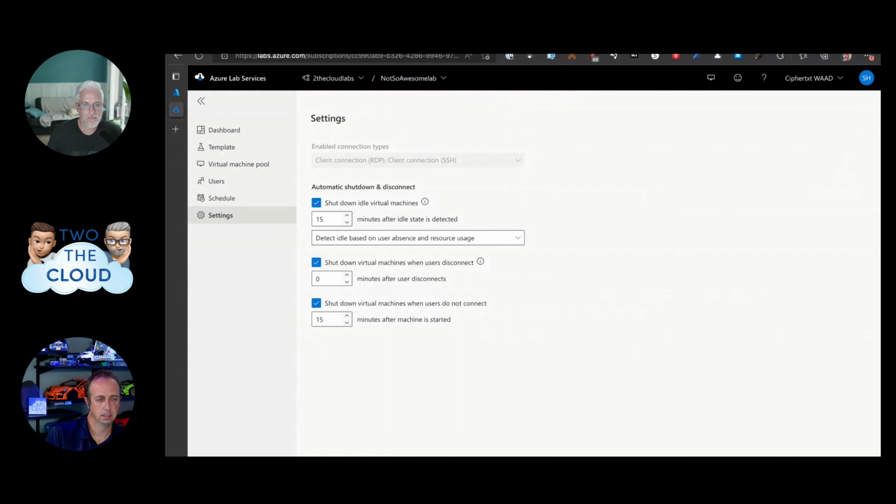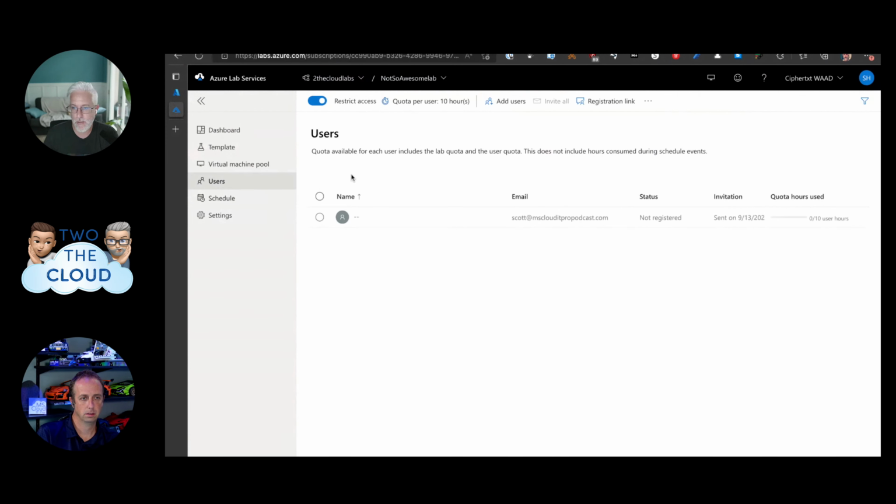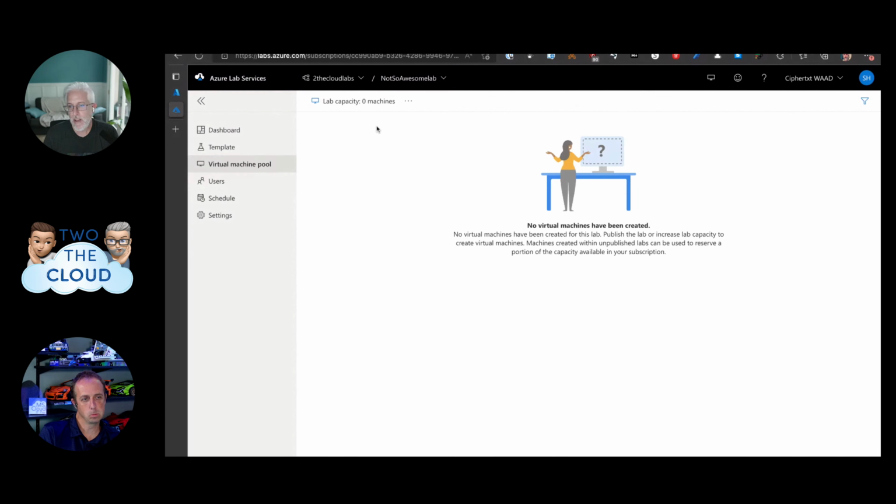Huh. Interesting. So I'm going to go ahead as a user on the other side, and I'm going to register for that lab. All right, so a couple of things here. Even though I added that user, if I go back and look at my users now, we should be able to. I'm really scared to refresh the screen. Will it come back? Will it not come back? No, it says I'm registered for the lab.